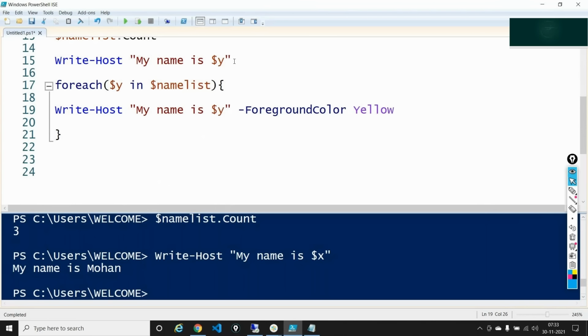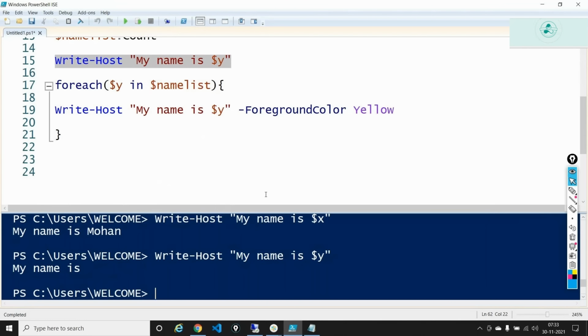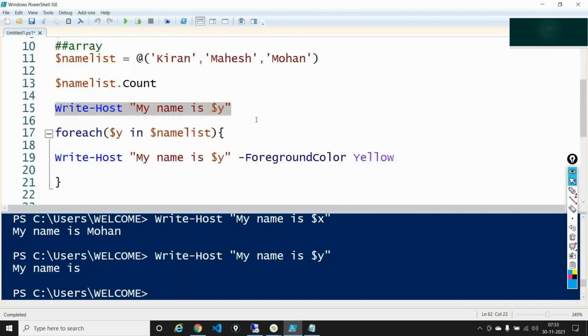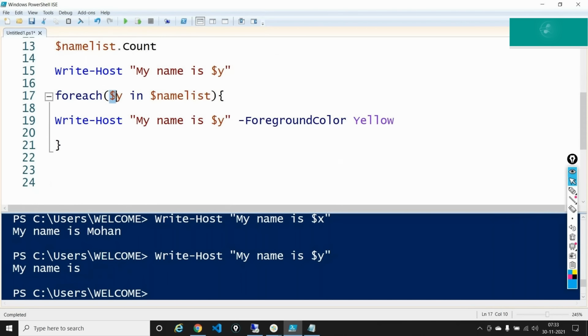Now outside this loop, if I execute it, what should be the value of this, guys? Okay, let's see this. I'm not getting anything. $Y is not defined. I have not defined $Y anywhere in my script. If you look at this entire script, I have not done a $Y is equal to something. So it's a null value. It doesn't have anything. But if I take the same $Y in this particular loop and I'm saying foreach $Y in namelist, and I'm now executing this,